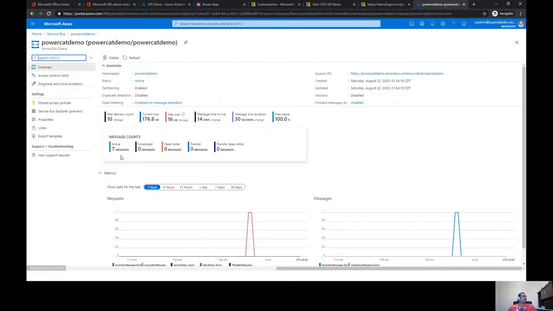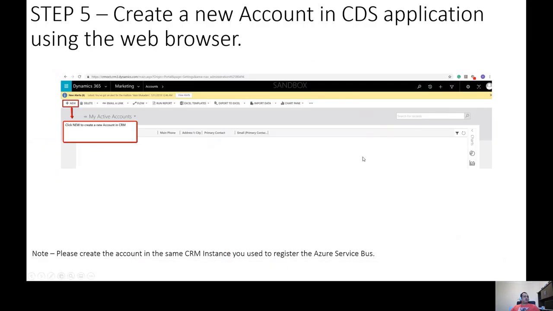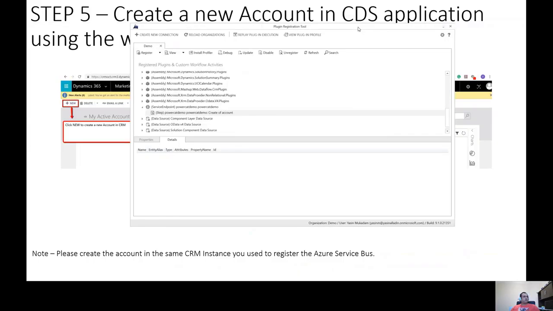In this queue, you will see I have messages because records have been created. I have registered the accounts entity to send messages, and the way the account entity knows it has to send to this message queue is by this registration step in the plugin registration tool.